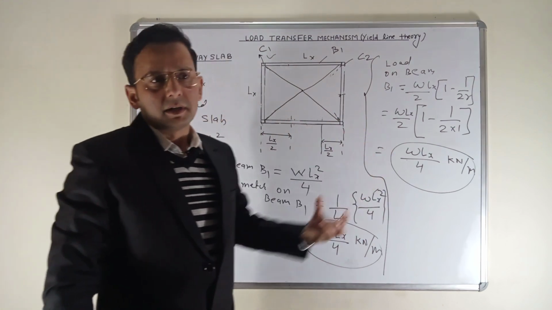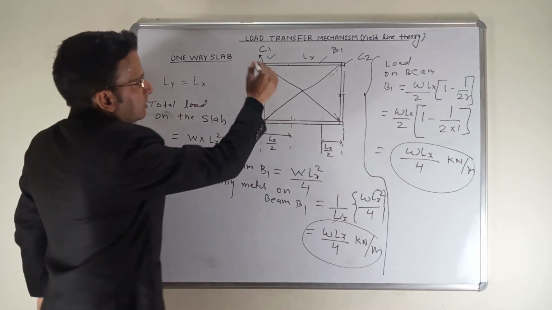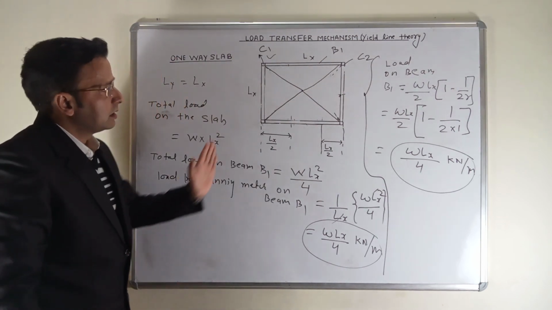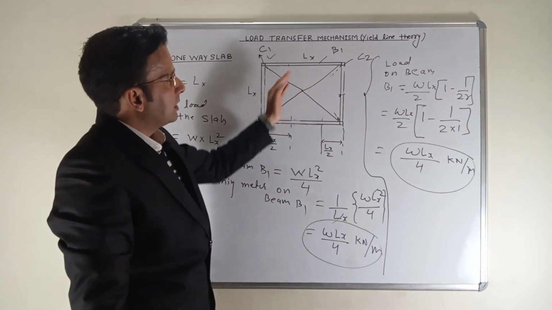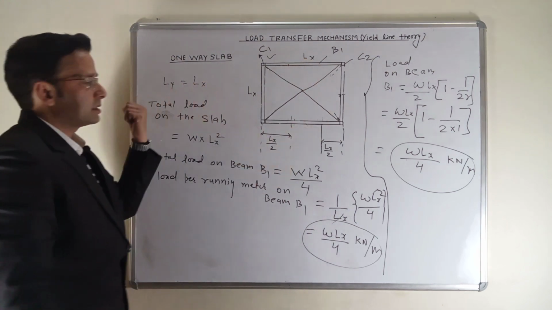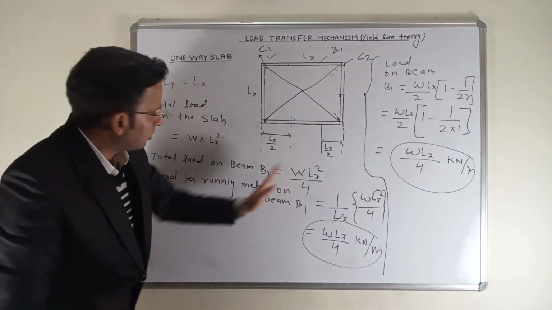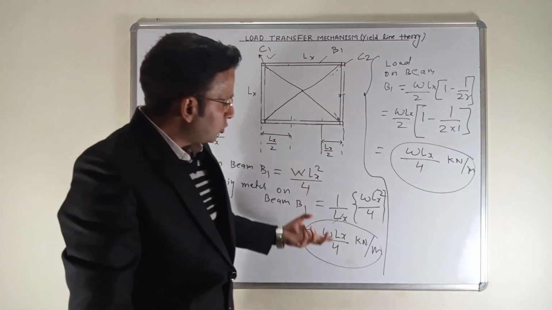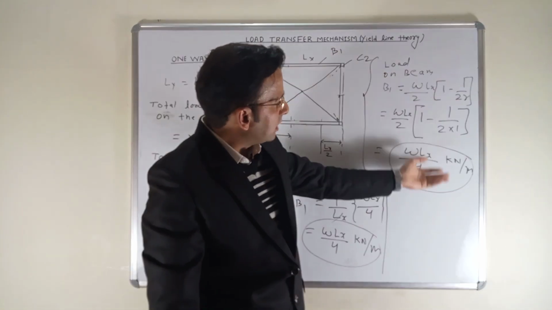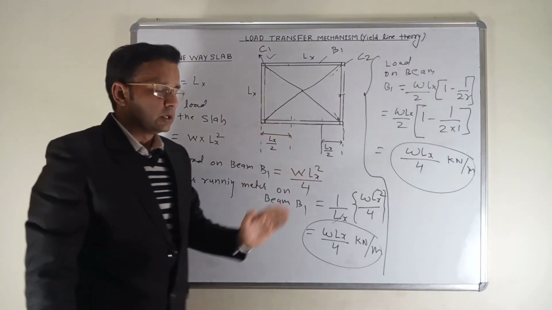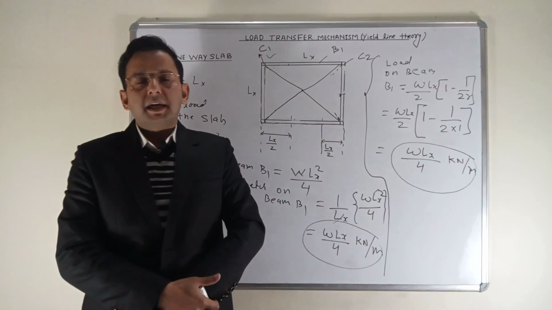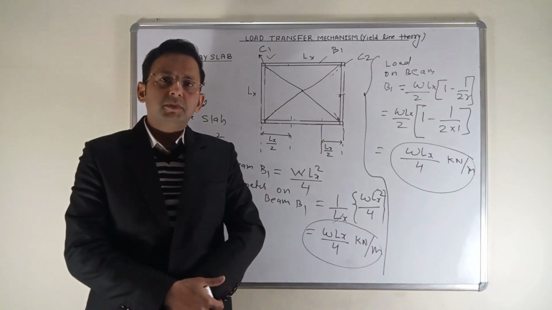So finally, in the case of a square slab, things become a little bit different. For the first case, you were getting a trapezoidal section and you have the formulae, okay? But a square slab is also a two-way slab. So for that case, you calculate the load on each beam in this fashion also, and if you calculate it by the given formula, then you will get the same result. Okay, so this is the analysis, or the load transfer mechanism, from the slab to all the beams.